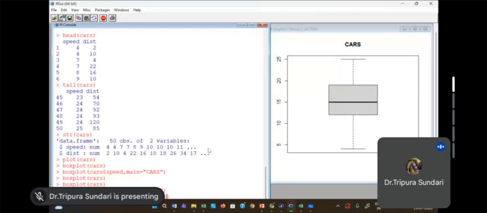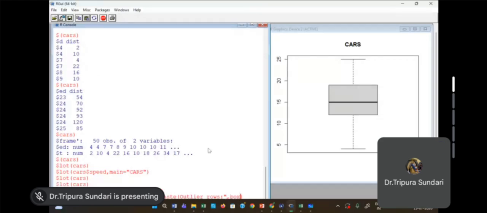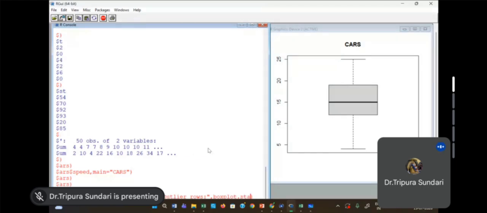So subject SUV is equal to, you paste something there. You say outliers, LI outlier, in rows. I'm just asking you to print the outlier, that's all, nothing more, comma, boxplot dot stats